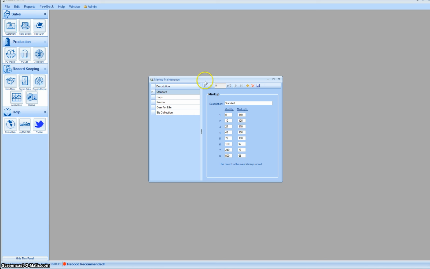So most people are going to be wanting to create their own markup for, say, high vis, or for trousers, or for jackets, or for caps, or for t-shirts. So all the things that just require a very different pricing structure than our standard polos and business shirts and stuff like that. So what we do, we select Add New. So click on that yellow plus button, and it comes down and it adds a new line, and we put in our description over here. So I'll do a high vis one,